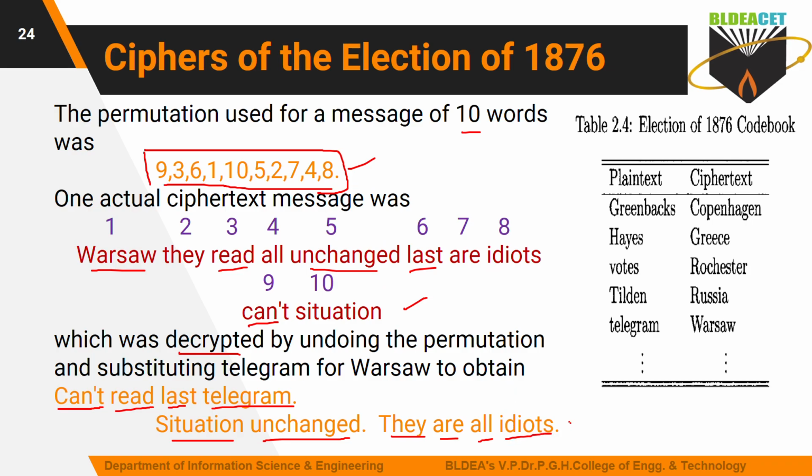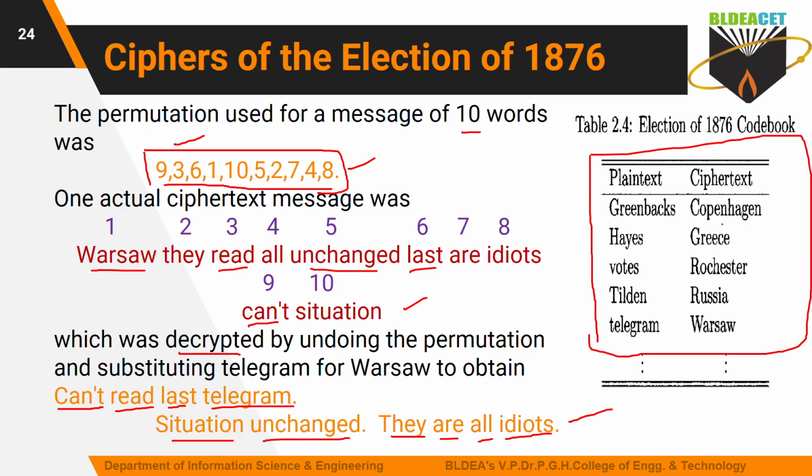So this is what you call transposition, and the transposition is for 10 words. This is fixed. If you take any message of length 10, this is the permutation, the reshuffling of the words. If you reshuffle, then you will get the ciphertext. Along with that, you are using one more thing, that is the codebook. This codebook you are using to substitute your plain text with the ciphertext. For that I have taken this example, Varsha.